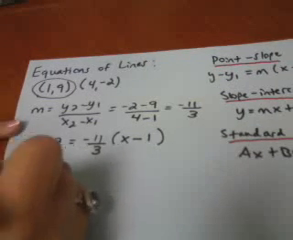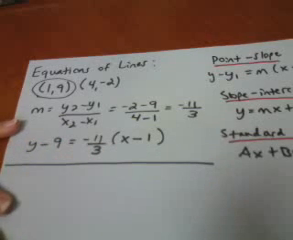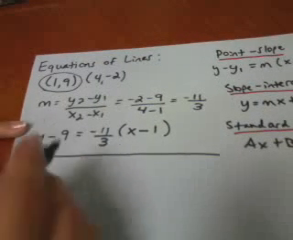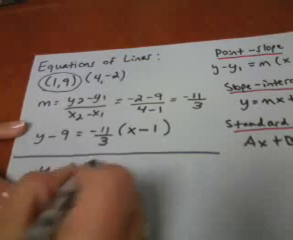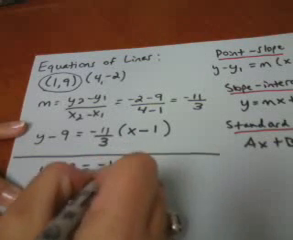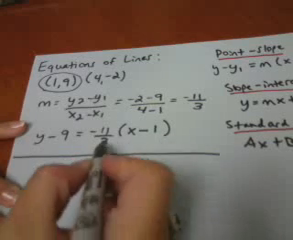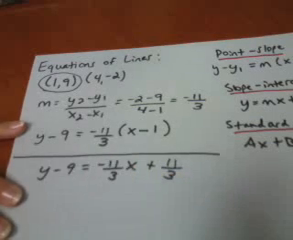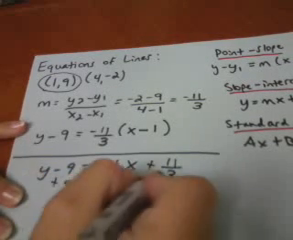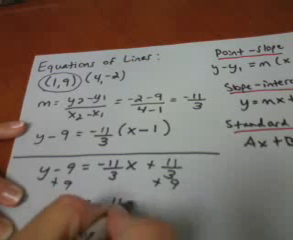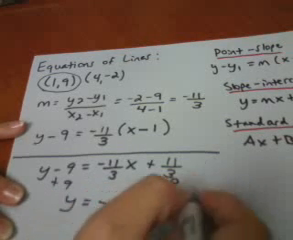Now to go from point slope to slope intercept form, I'm going to take this equation, use the distributive property, and solve for y. So the first thing I'm going to do is distribute my -11/3. -11/3 times x is -11/3 x. -11/3 times -1 is +11/3. Then I'm going to add my 9 to both sides of my equation. So I get y equals -11/3 x plus